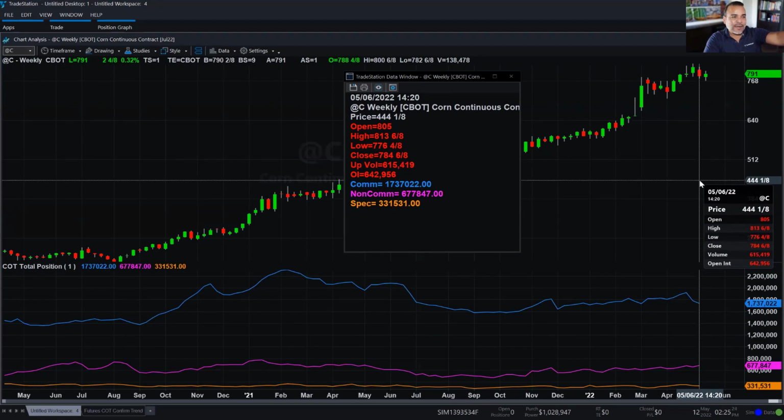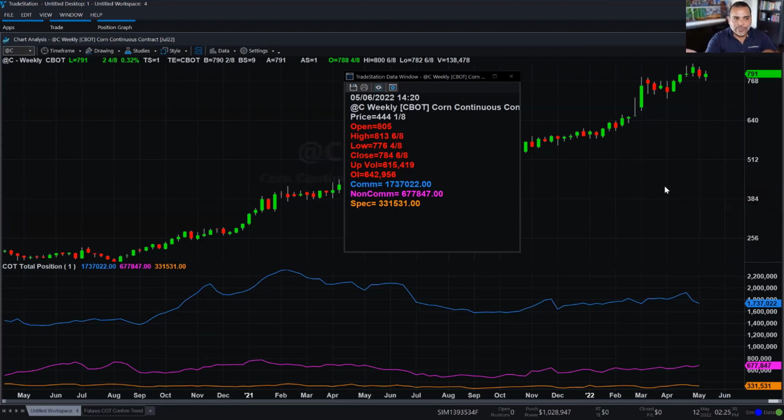Well, the date of the previous candle is last Friday. If we switch to a daily chart, you're going to see that the data gets reflected or updated on the Wednesday. But I want you guys to understand this because these numbers are not real time. They don't update. In fact, as I said a moment ago, these numbers are as of Tuesday evening of last week. But you can see how the trading activity is broken down between the commercials and the non-commercials, and then you have a smaller segment, which are the speculators.